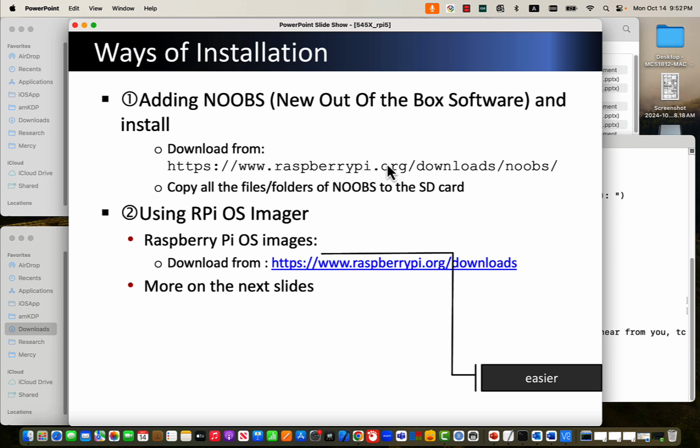You need to follow this, or this is handy. I recommend you go with this second way, using the Raspberry Pi OS imager. So you need to download the imager. That's easier. Okay. Once you download it,